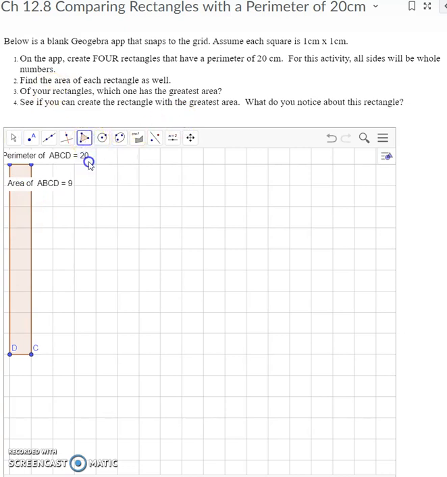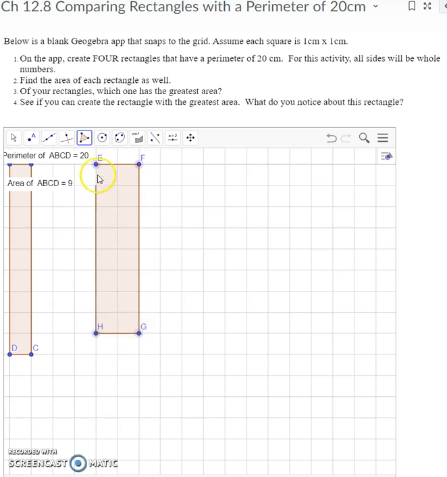rectangle. Now I can't do half units and decimal units because everything snaps to the grid, and the grid is each square is 1 square centimeter. So I want to think then, okay, here is two, here's 2 of my centimeters, which means when I go down, I'm going to lose 2 more. There's 4, which leaves me with 16 total, and I know that that means each side will have to be 8. So 1, 2, 3, 4, 5, 6, 7, 8,